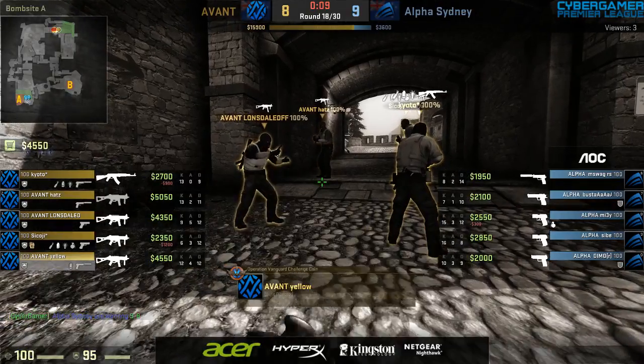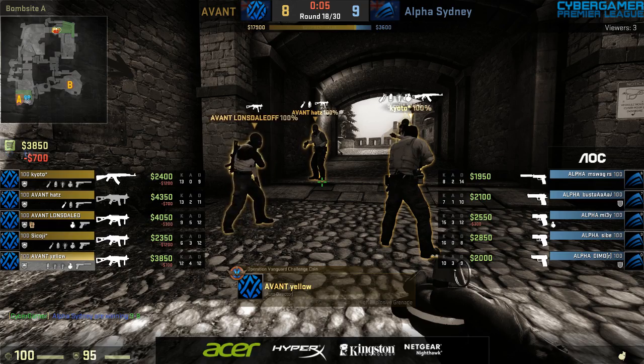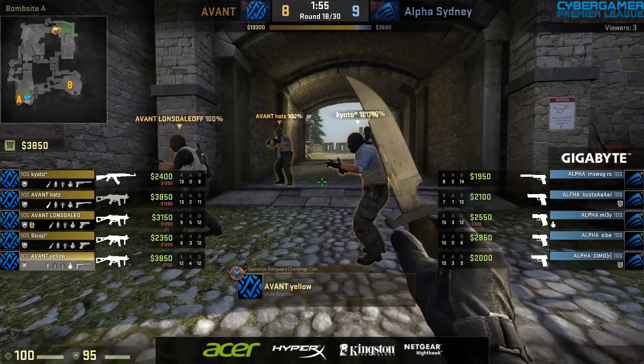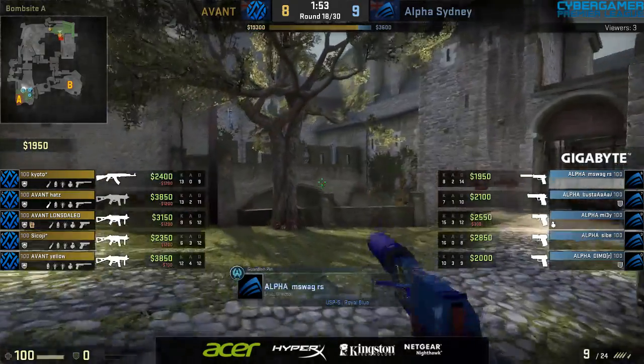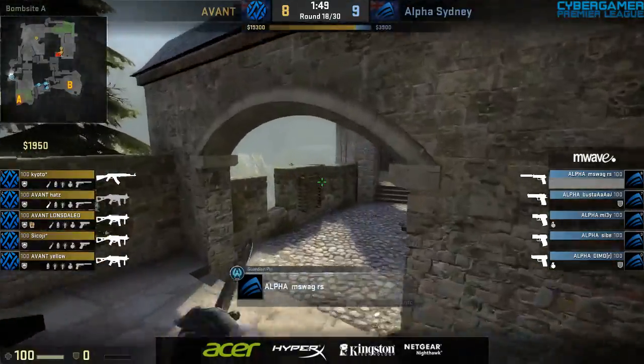I would have liked to see Avant Garde go for that, at least just try to instigate a few battles and try and take something away from Avant, because despite only being 1 rifle on Kyoto, there's still full utility and armor to take away. So